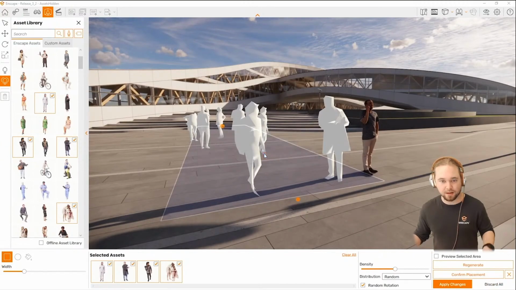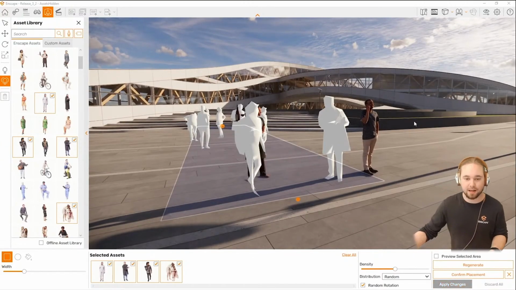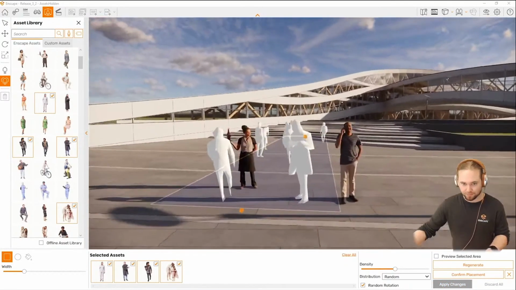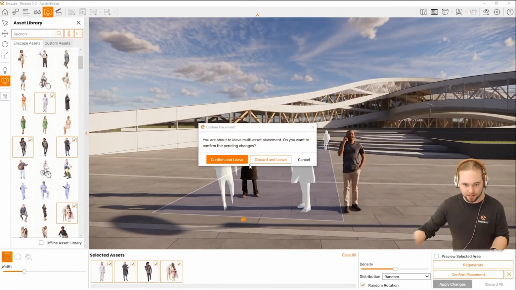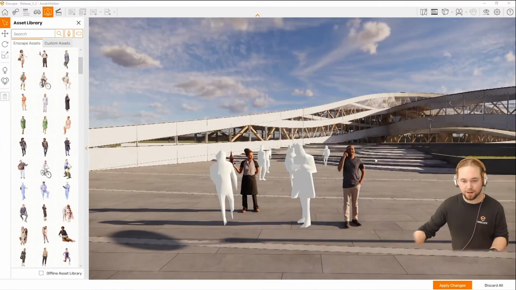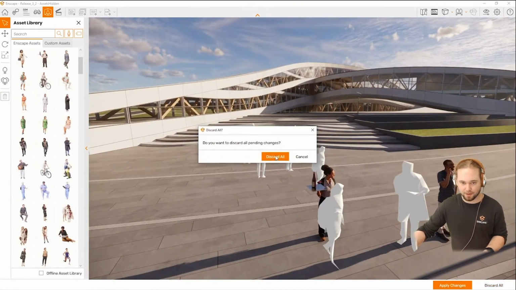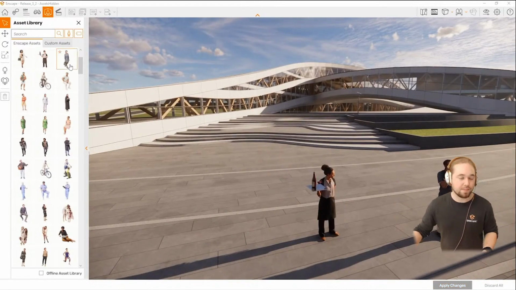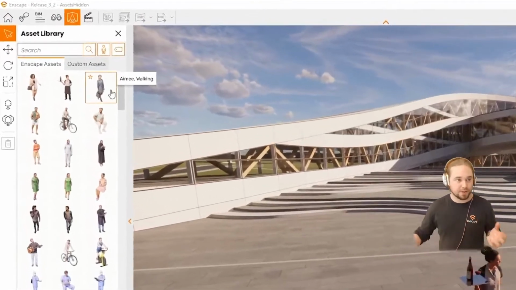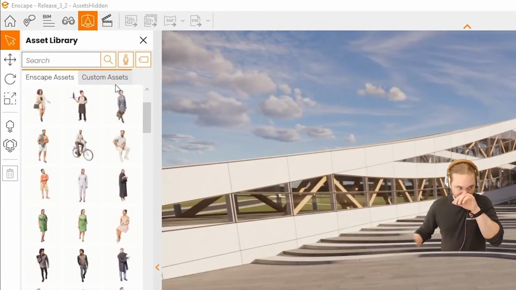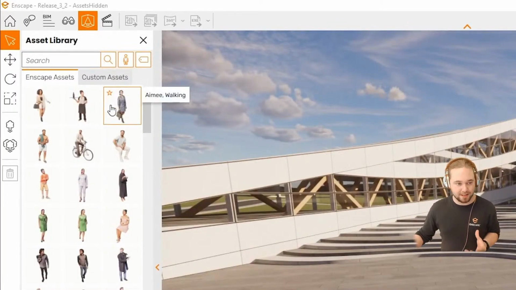So I'm going to discard all. We're going to be back here in a second. Let's see, confirm and leave, and discard all here. Wonderful. Okay, so first of all, as you see, the interface looks a tiny little bit different